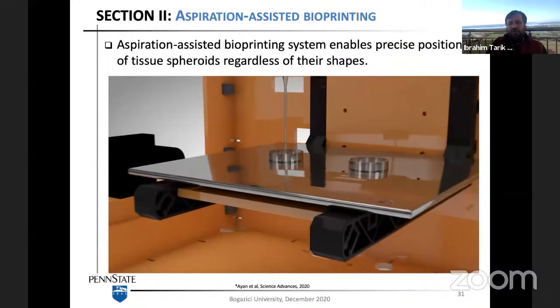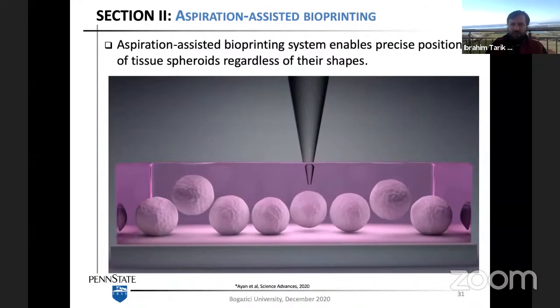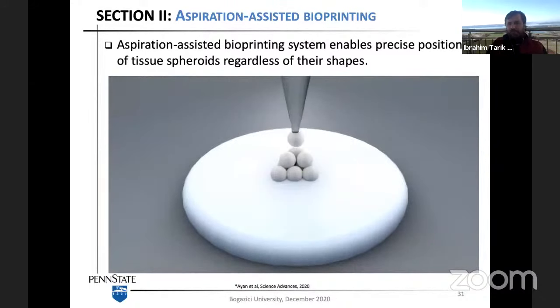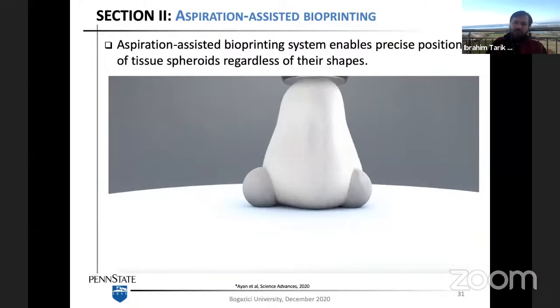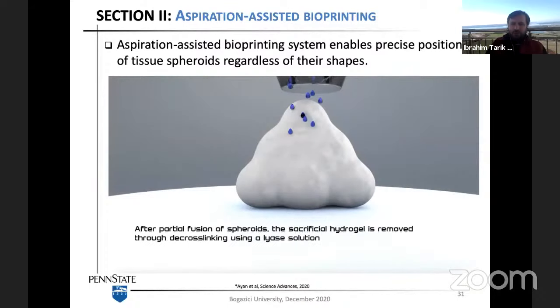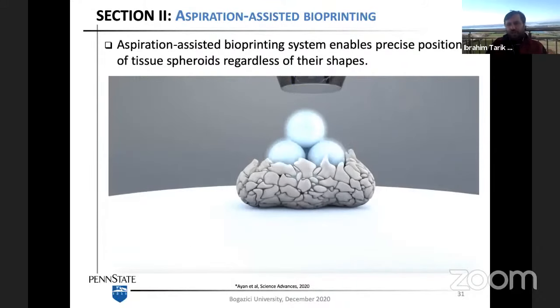For example, this animation shows the aspiration of little tissue spheroids, like they are balls, and then we can lift them and position them onto hydrogels, and these hydrogels could be sacrificial hydrogels. It's just a support hydrogel where we can put these balls, and then we can overlay that with another layer of support material, and then we can later dissolve this support material, and then we can expect that these spheroids